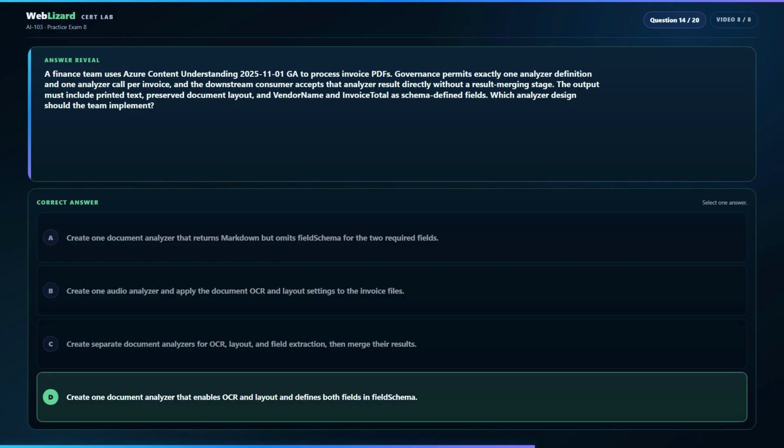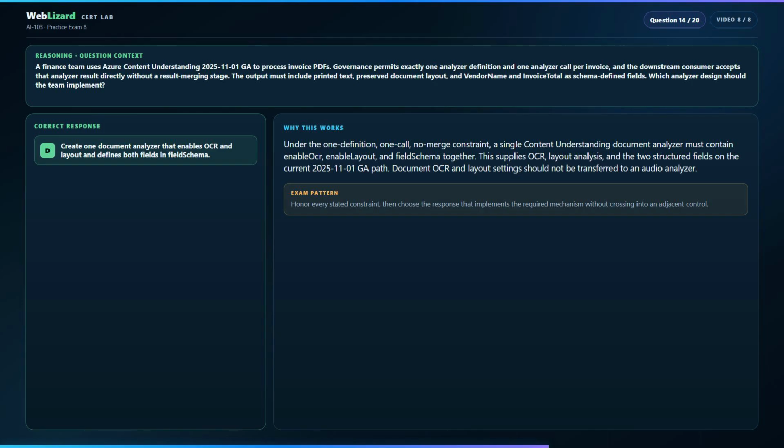Correct response, D. Create one document analyzer that enables OCR and layout and defines both fields in field schema. Why this works? Under the one definition, one call, no merge constraint, a single Content Understanding document analyzer must contain enable OCR, enable layout, and field schema together. This applies OCR, layout analysis, and the two structured fields on the current